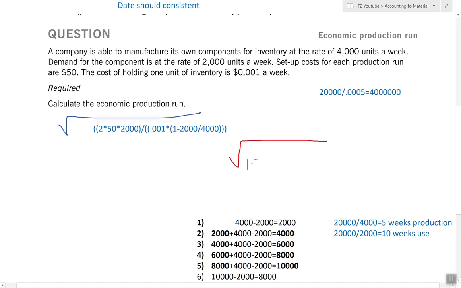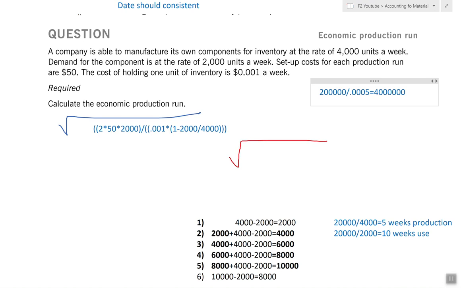And then put that in formula here. So 1, 2, 3, 4, 5, 7. Okay, let me double check that. 2 multiplied by 50 multiplied by 2,000 demand becomes 200,000, sorry. It's not 20. 2 multiplied by 50 multiplied by 2,000 is 200,000. 200,000 divided by